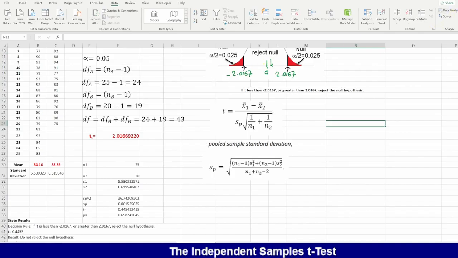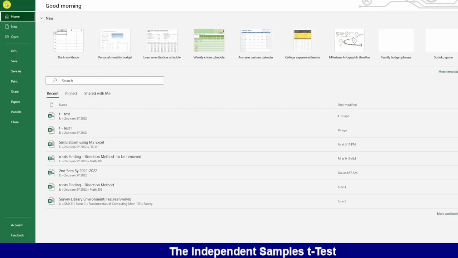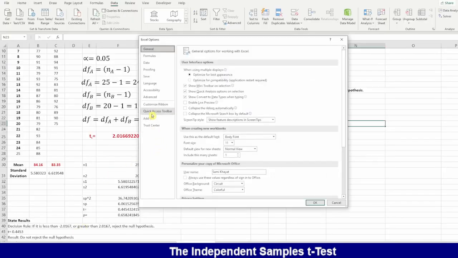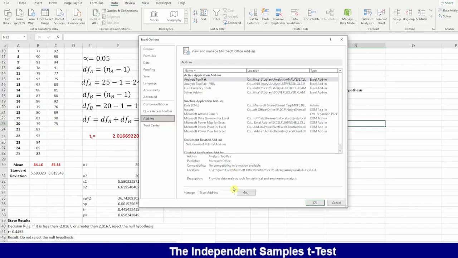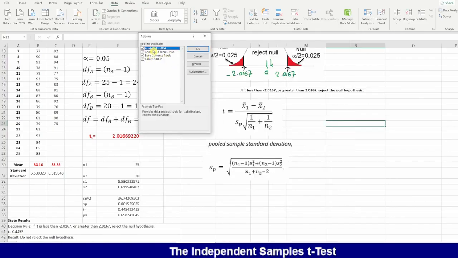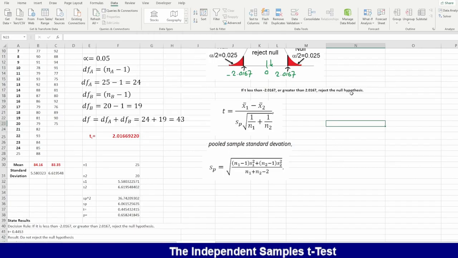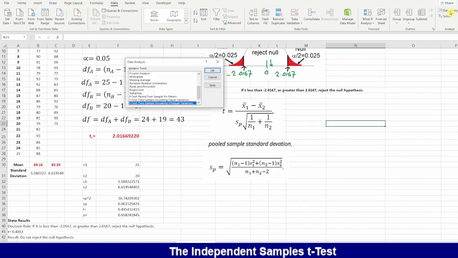Okay, but before we go to that, I want to remind you, if you don't have the Data Analysis package, you need to go, because it's not there by default, to File, Options, and then you go to Add-ins, and then you go to external here, and then you check the Analysis ToolPak. Okay, I have it already. I don't need to do that. Okay. I will select from here